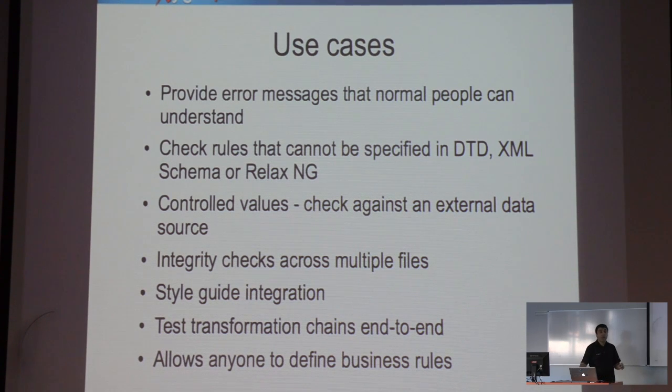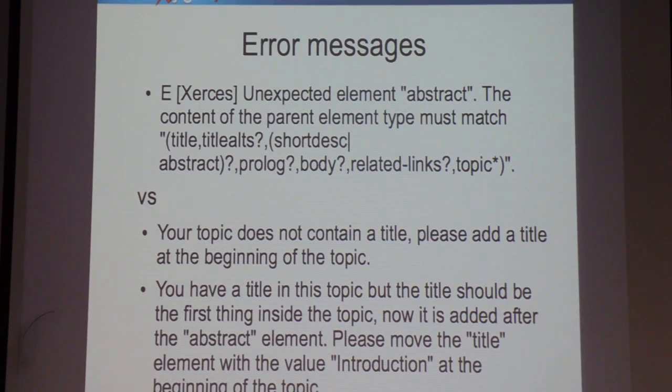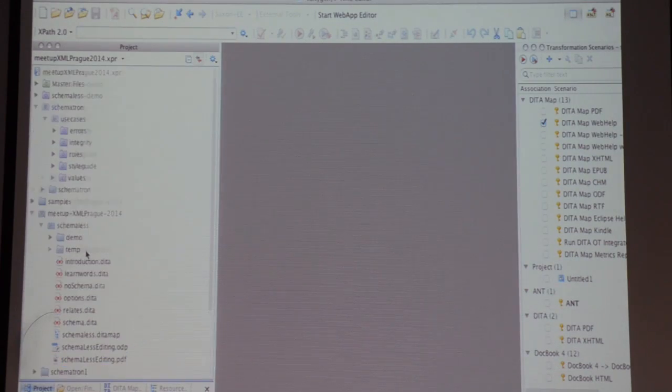Another use case is that Schematron can be used to allow anyone, even if that person is not a technical person, to define these constraints. And this can be done through abstract patterns. I have here an example, and probably I will not go to oXygen this time. For instance, an error message that you get from, or let me try to quickly get,